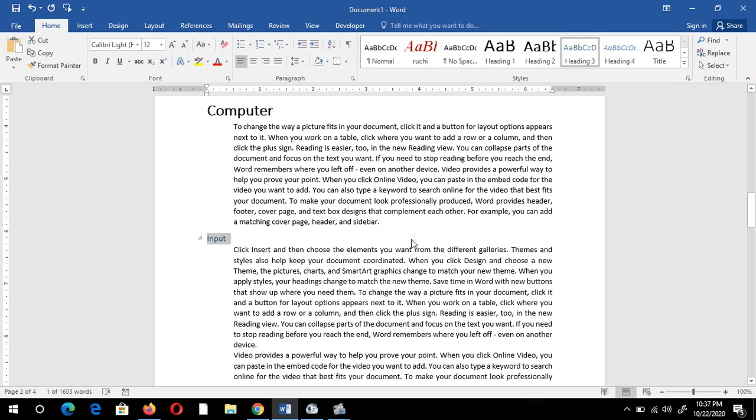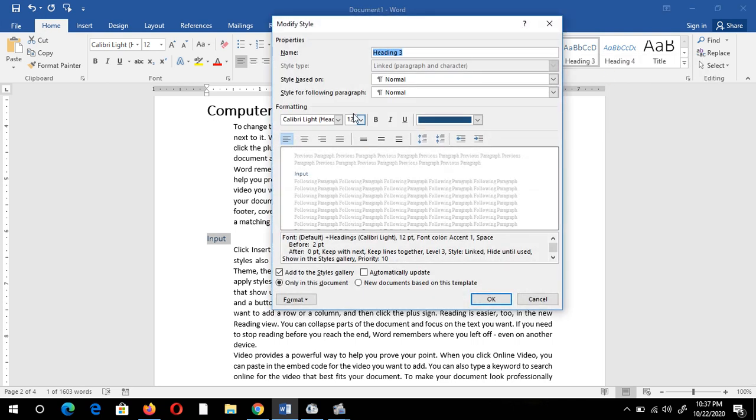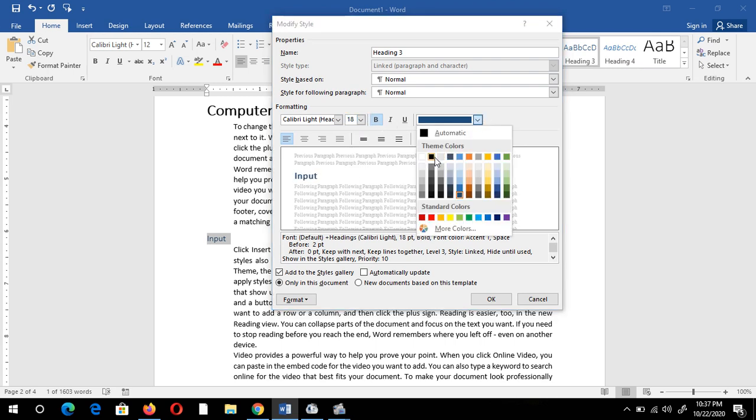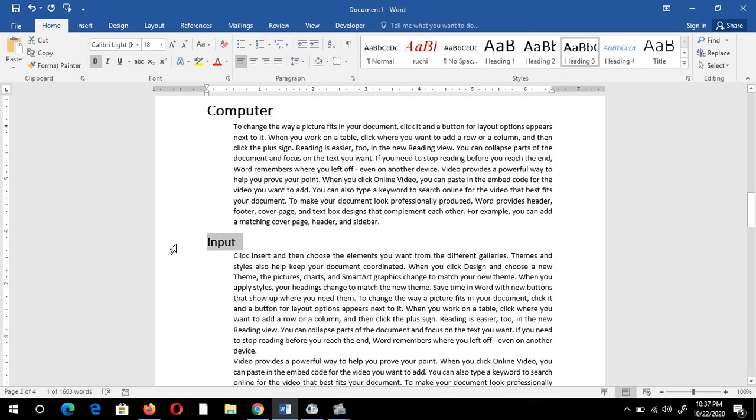Remember one thing: if you are creating a table of contents, you need to select Heading 1, 2 and subheadings. In a table of contents, you can't include your own formatting or anything else. So I change it to Heading 3, and I select bold and the color should be black. I can change it.